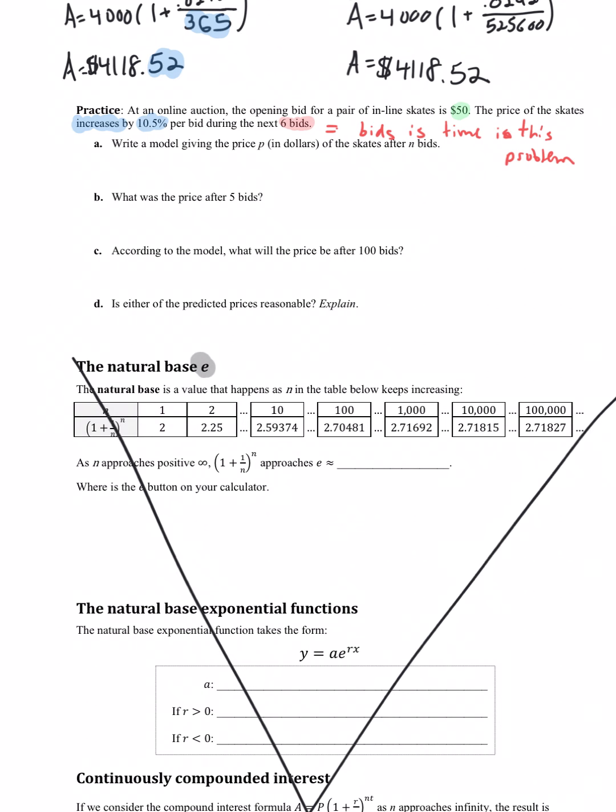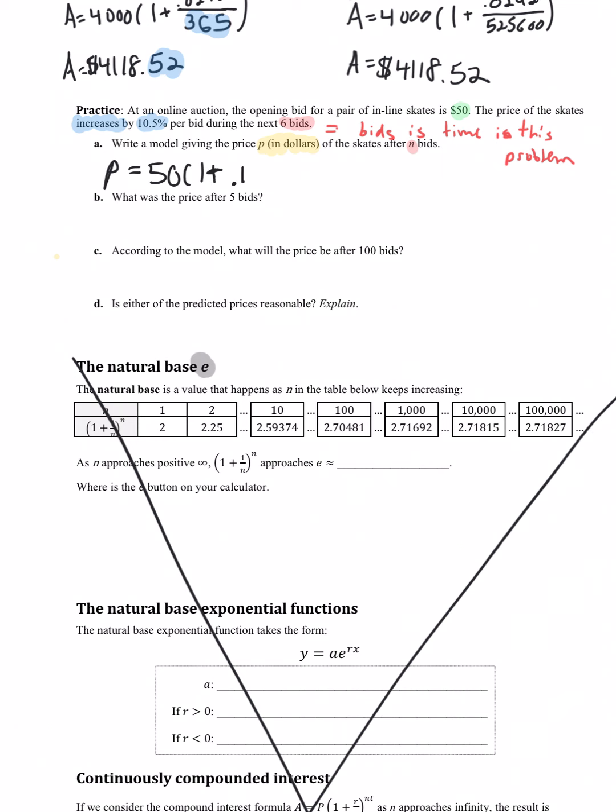So it's $50 increasing by 10%. If I were to write this as a model, I'm going to say, okay, we're going to find the final price. So it's going to be represented by P after N bids. So if I were to write out the equation, we'd say P equals the initial amount, $50. It's a growth problem, so it's going to be 1 plus,